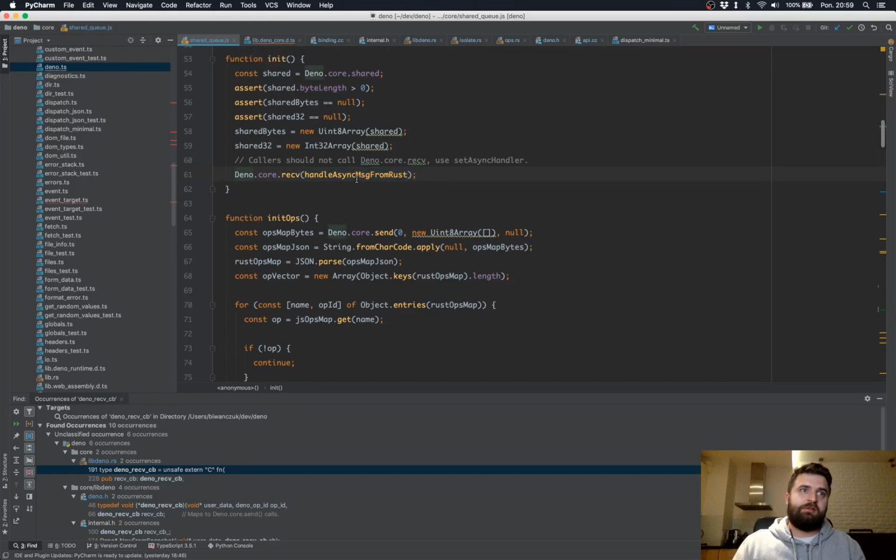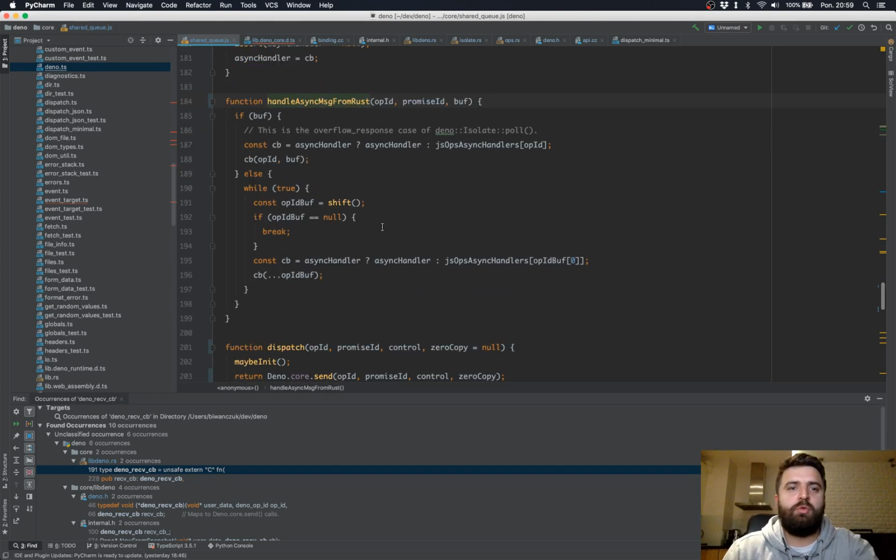So basically it's the main callback that will receive all messages from Rust first, and only from within this one we call the actual handlers for ops, which is deserialized JSON or deserialized minimal. And in here you can see that this callback is actually